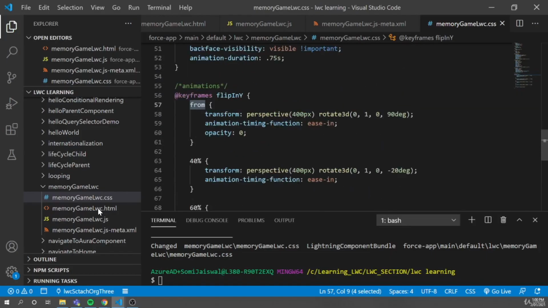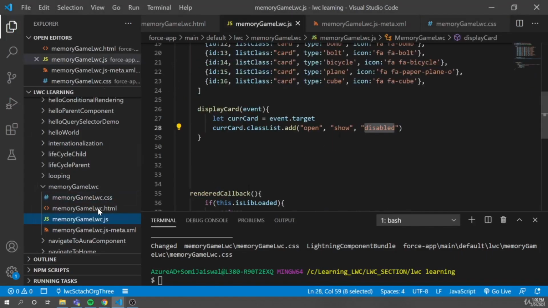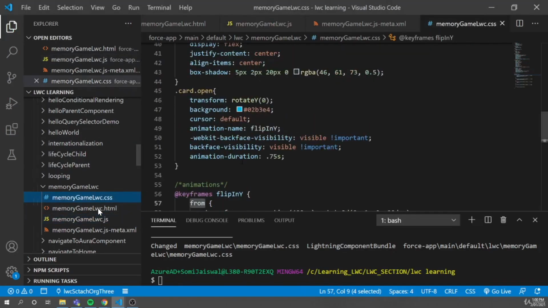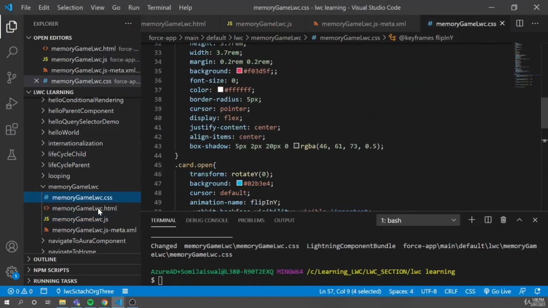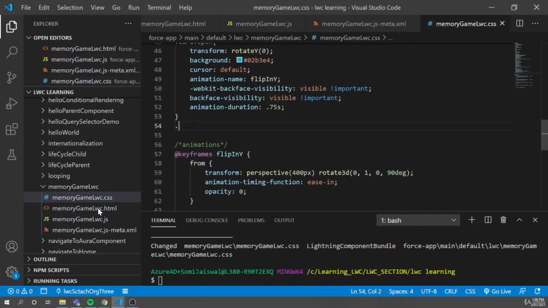400 perspective. So likewise we are giving the open class. I know it is outside of LWC basically because this is CSS animation, and very rarely we use animation in LWC. Then the second class is the show class. Once it shows, first thing we want to do is our icon should go from 0 pixel font size 0 to some bigger size. So we'll say whenever the card has a show class,